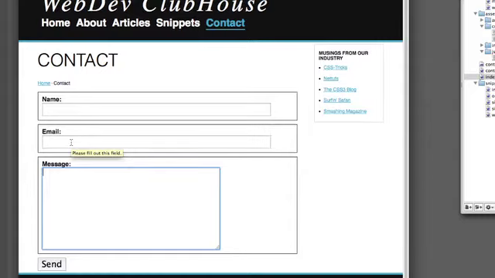So, something else I forgot to mention, every page apart from the home page has this breadcrumb to kind of show you where you've come from to get to that page. So this is a second level page, so there's nothing behind there. But if we look at the contact page,